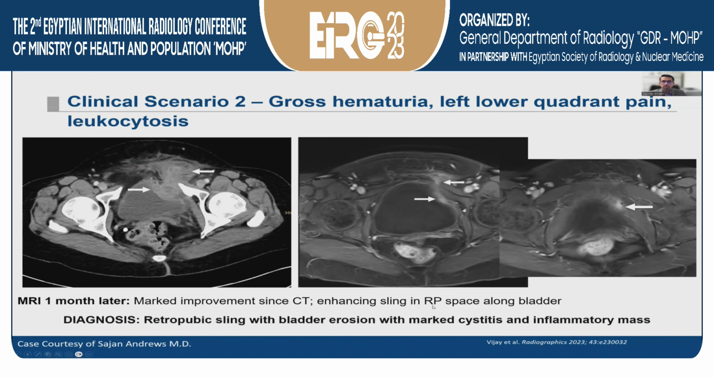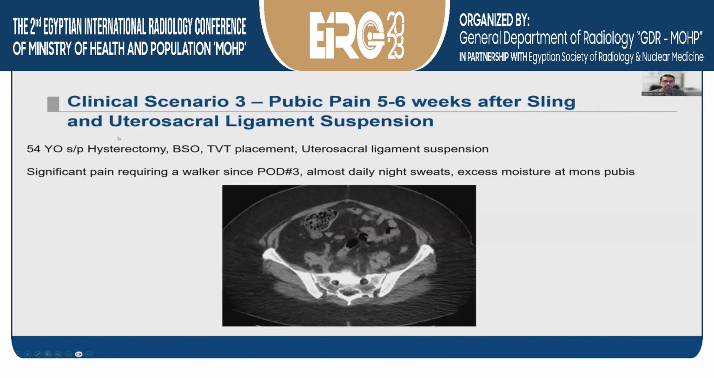So this was a retropubic sling with bladder erosion with marked cystitis resulting in an inflammatory mass on the initial presentation. This case was sent to me by one of our prior fellows and colleagues who moved to a different practice and saw this abnormality and sent it to us because this is where he learned how to read these cases. All right, next clinical scenario, a patient with pubic pain,